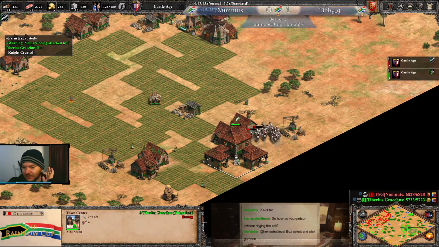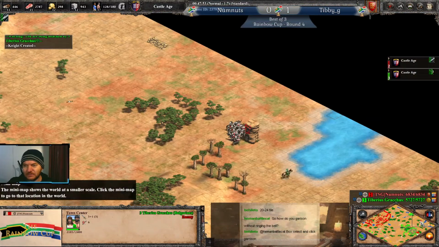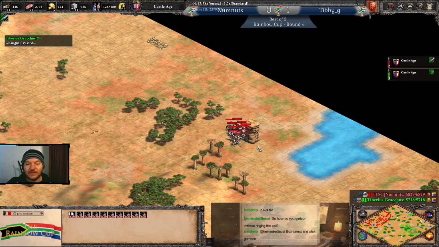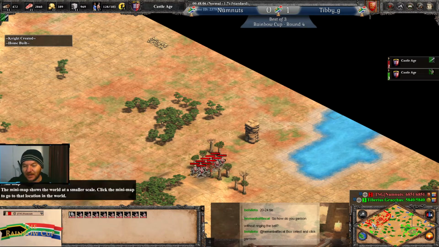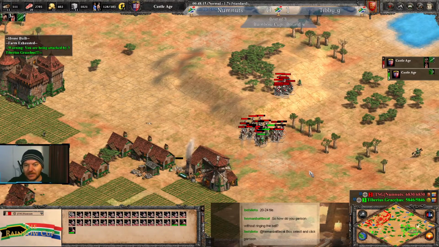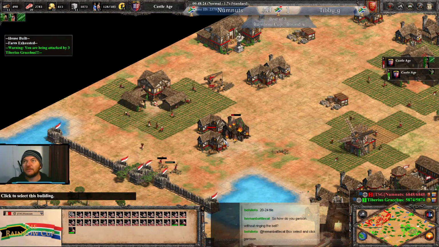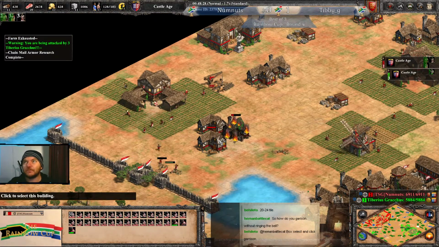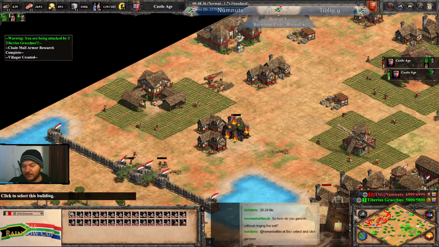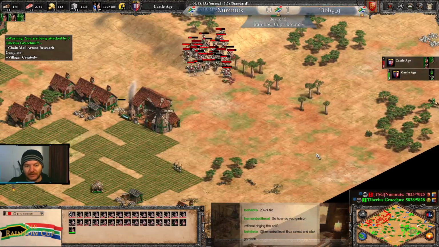And now we see infantry armor upgrade being researched by Numnuts. Yeah, this is the problem that Numnuts has though. He has these pockets of units that are just chilling, doing nothing, when he could actually use them with his main group of units to completely take over his opponent's base. Yeah, he meant exactly what Behileto said there. I mean, he's got 28 knights here. He could easily...